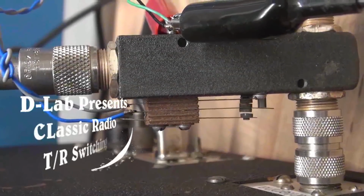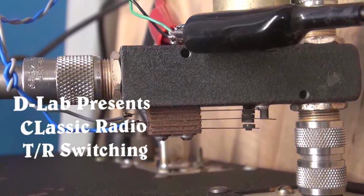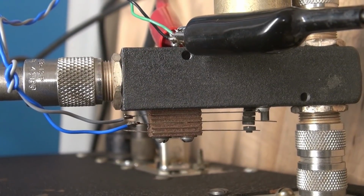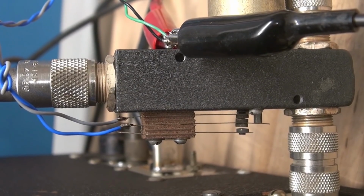You hear it mute, you go back to receive, okay? That's what those little contacts are doing. So let's say you hook up your Dow Key and you go into transmit and you hear a little bark